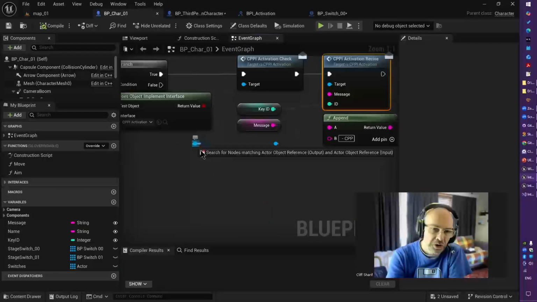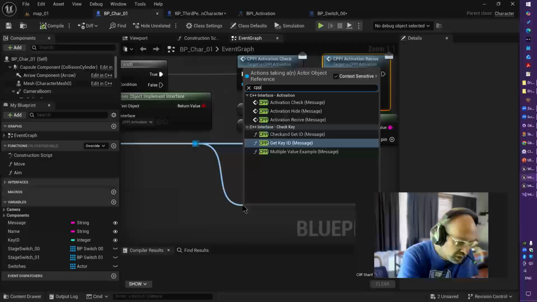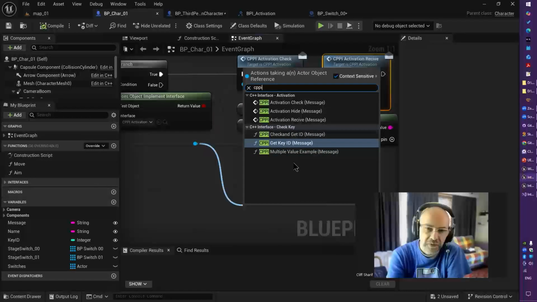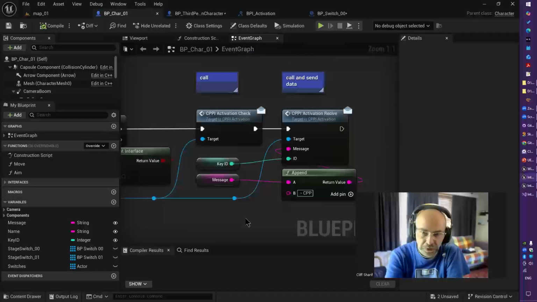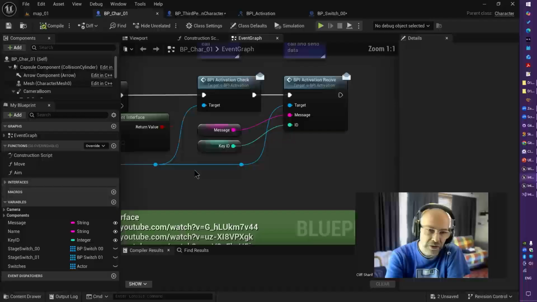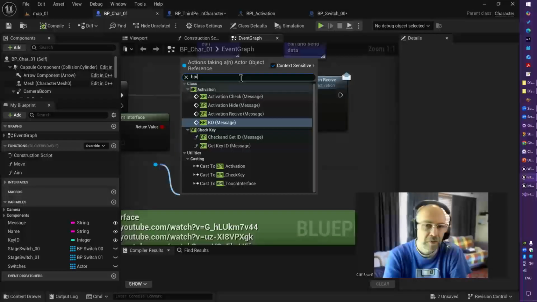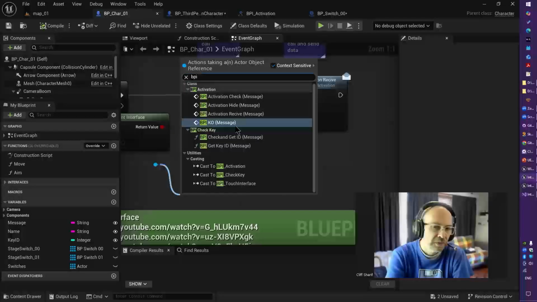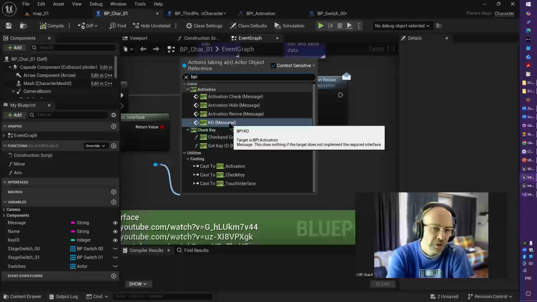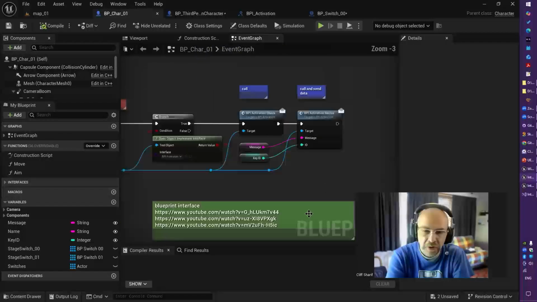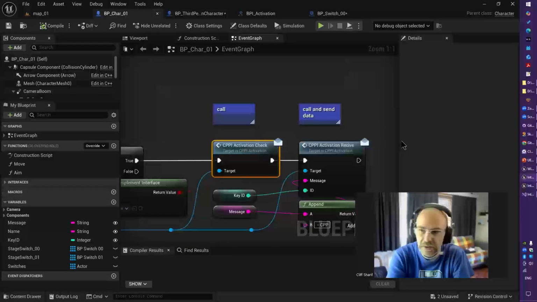I have the luxury of calling them this way, CPPI, and I have a list of interfaces which I made in C++ in Blueprint, exactly the way Blueprint works. If I type BPI, I have my Blueprint functions and events of the interface, including this one, which I recently made. So this type of interface which you made in C++,